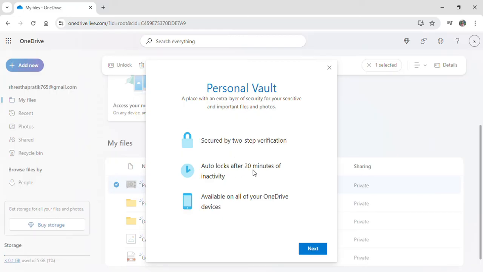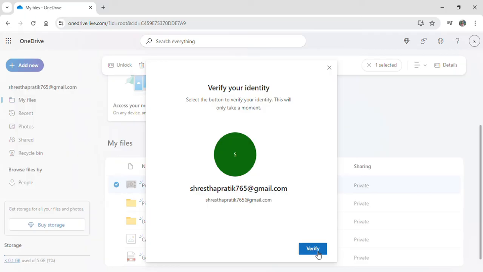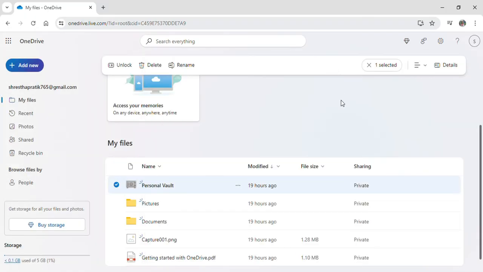verifications. Auto locks after 20 minutes and available on all of your OneDrive devices. This is for security purposes also, so simply click on next and just follow all of the steps that you need to do to simply unblock or unlock your personal vault and even block it in your